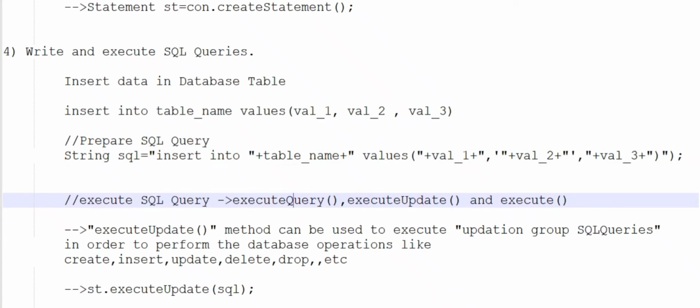Now after that we have to execute our SQL query.